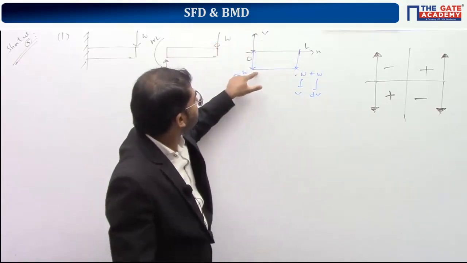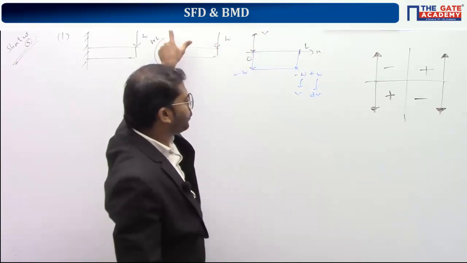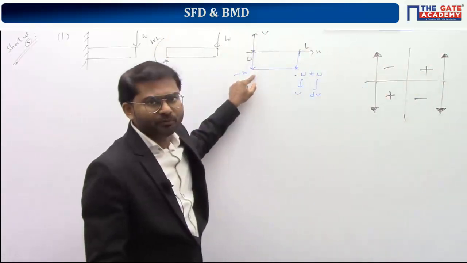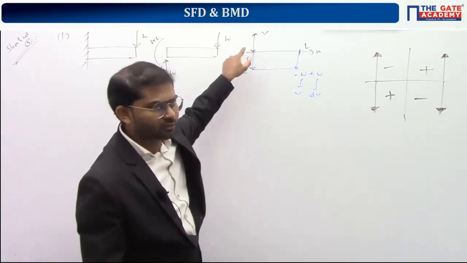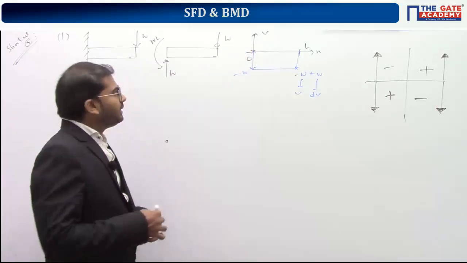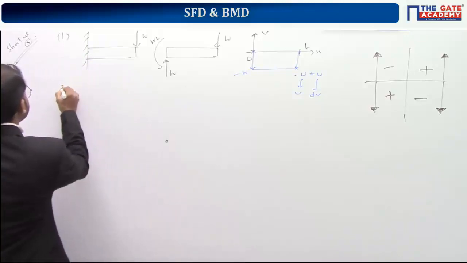So it will go on like this, and all of a sudden upside force is there. Upside force will cause increase. So initial value is minus W, increase is plus W. It will become 0. So whether you draw from right side or left side, you'll get the same answer. Understand? Same way, I'll take another example.